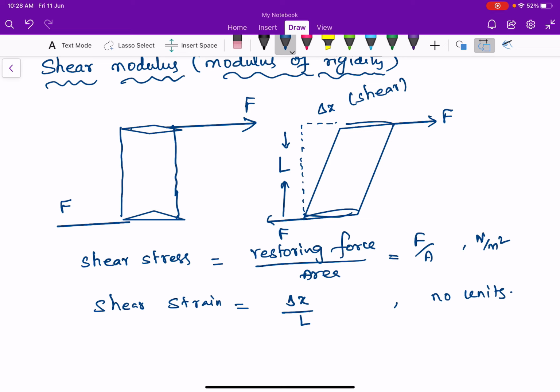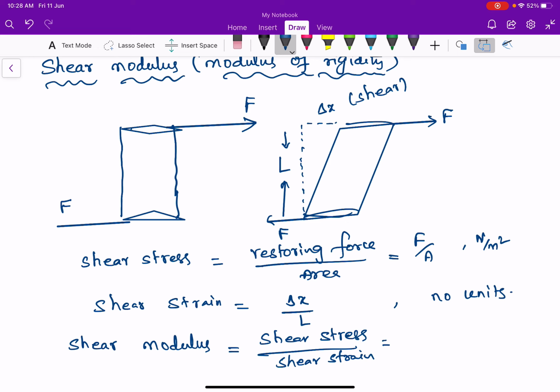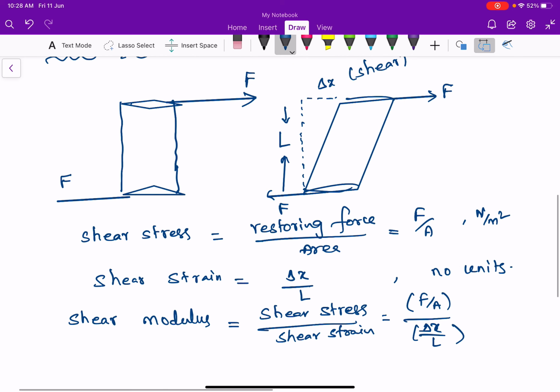And we know elastic modulus. Here we are discussing shear modulus, and in general, elastic modulus is stress divided by strain. But here, shear modulus is shear stress divided by shear strain. Here shear stress is force per unit area, divided by delta X by L. The other day we already discussed this deviation, which is theta. From trigonometry we know that tan theta equals the opposite side delta X divided by the adjacent side L, that is, delta X by L.